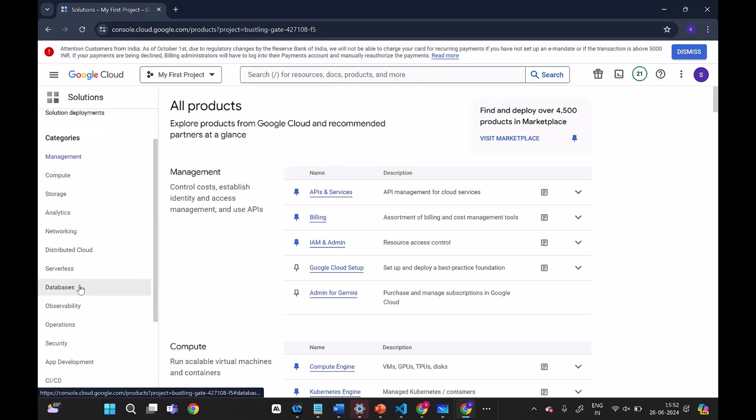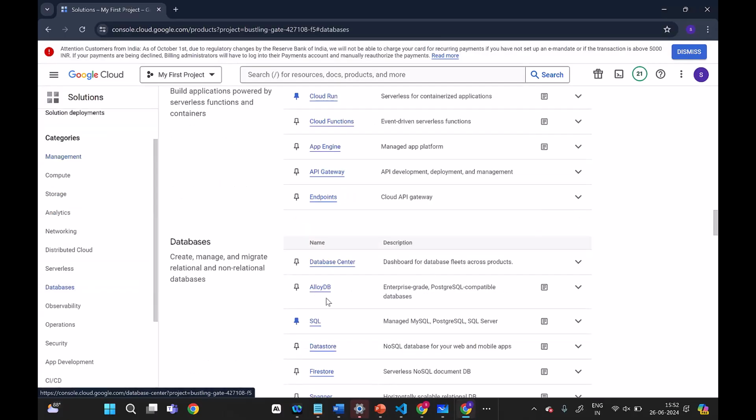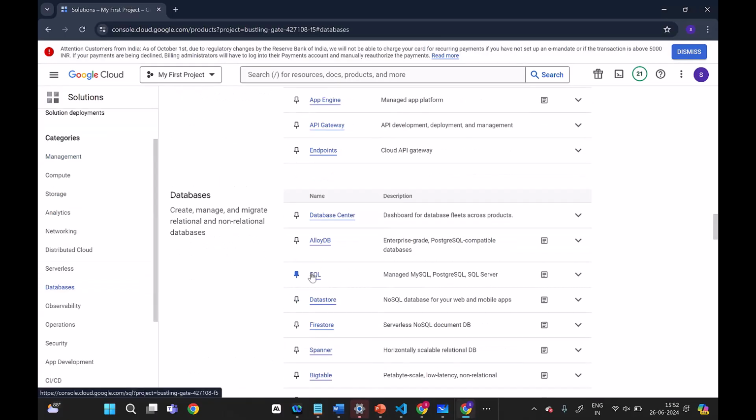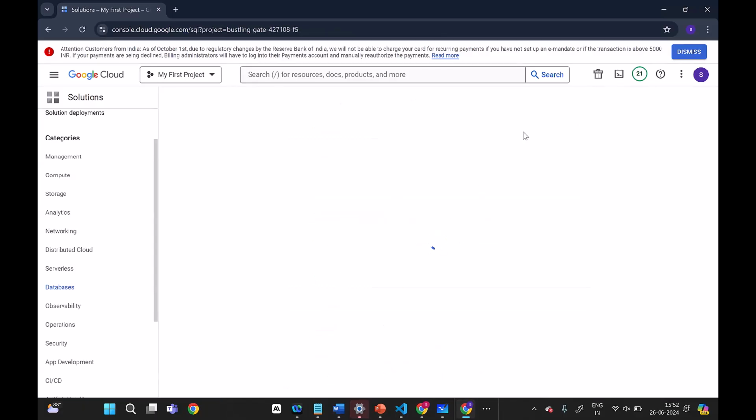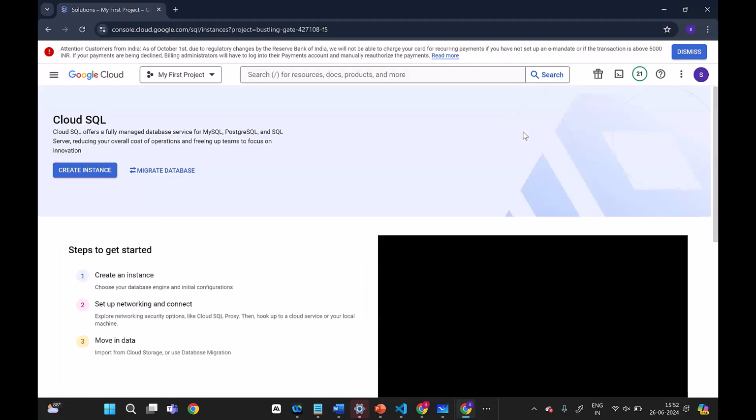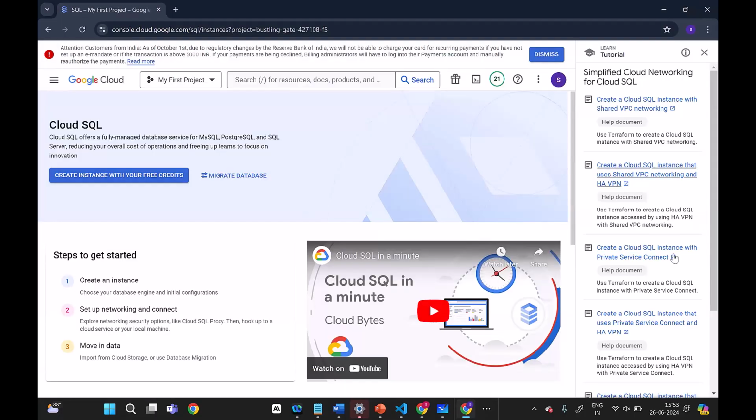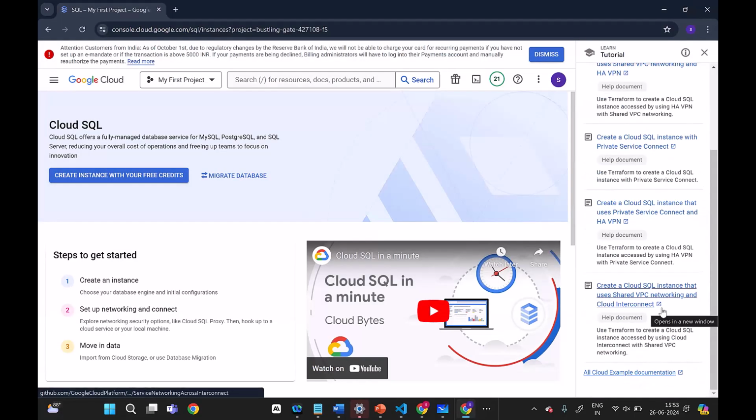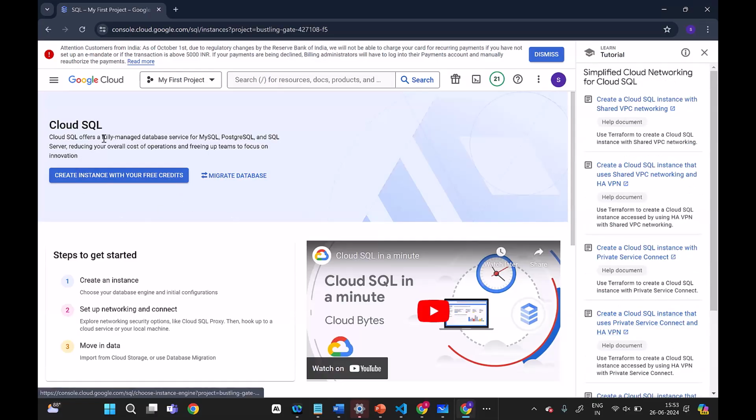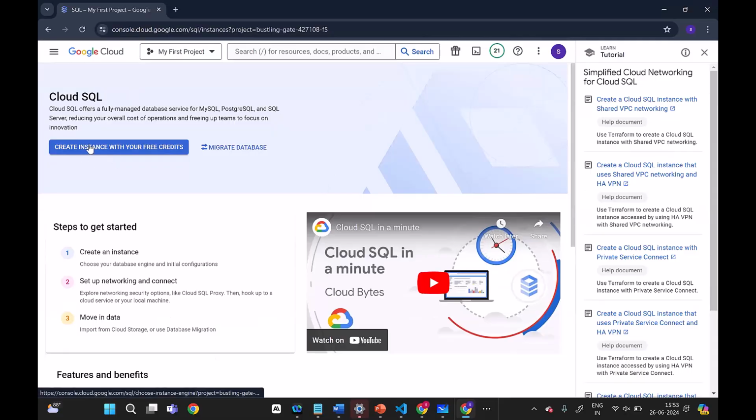This will be there under database. What is the name of the database? SQL. Okay. Click on this. Okay, what is the difference between Cloud SQL and Cloud Spanner? You see, once I go to Cloud SQL, it is showing me the option, create instance with your free